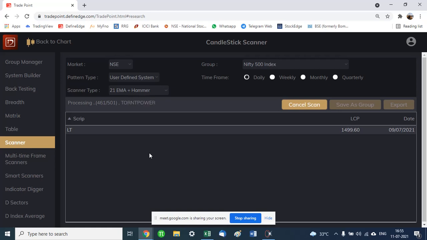So I use both. You can define various scanners. For me, basically, the scanning does all the work. I don't have to identify stocks manually. Scans do all the work. At the end of the day, I run all my scans both on Stockage as well as on TradePoint, and I get a list of stocks that I want to look at for the next day. That makes my work pretty easy.